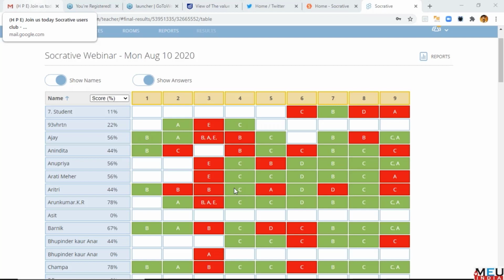If the strength of the students is more than 50, you can always divide into rooms, sir. I will show you that. We are going to demonstrate that also. Yeah, we will see the teacher mode. So we'll see now how to set up the quiz, that is, what all the features are available. Okay, we'll go to that.